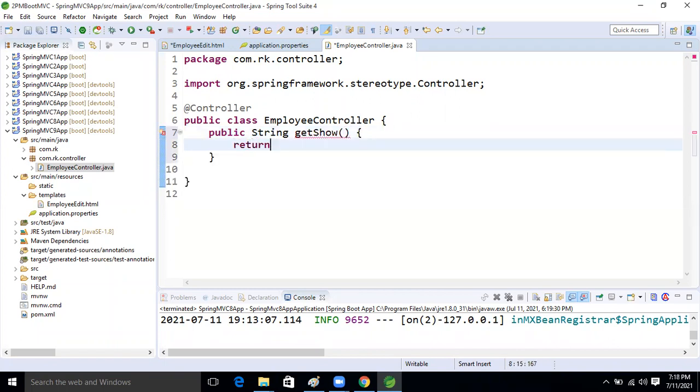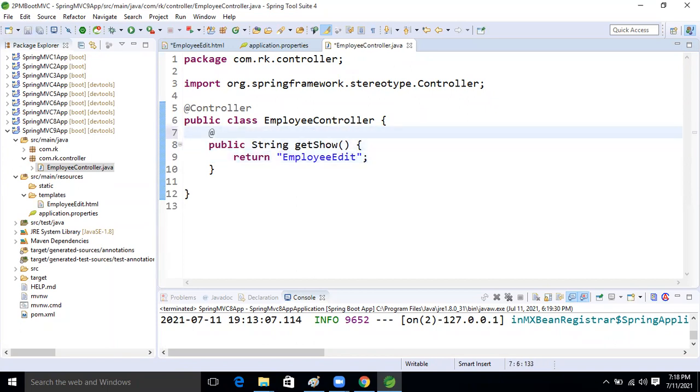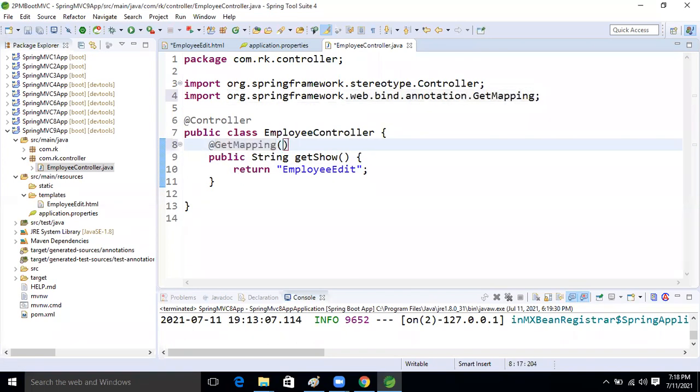Return what now, guys? Employee edit. Okay, good. So here what we will do now, guys, @GetMapping. Get mapping inside that I'm taking now, let's say edit, right?